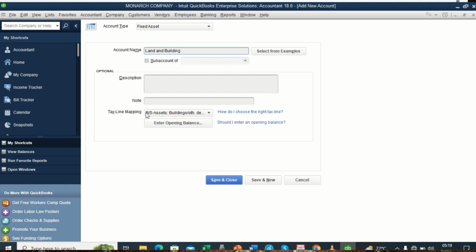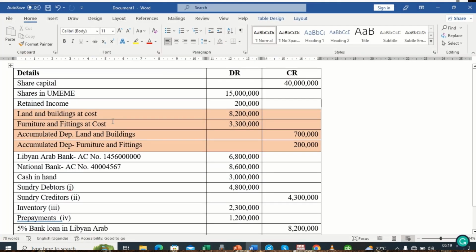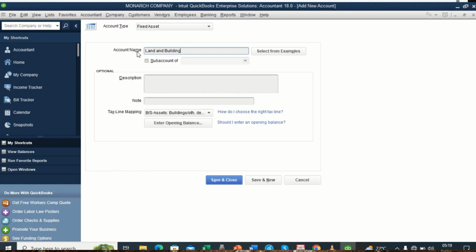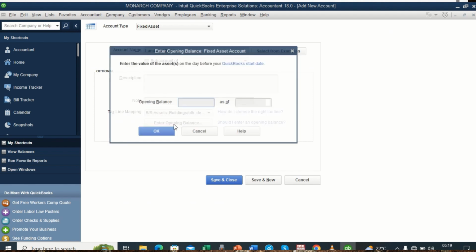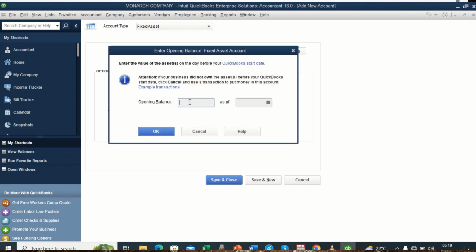And of course, we also have its related balance. We can either enter the balance from here or go to make general journal entries, but we can decide to enter the balance from here, after all, it's an opening balance. So the amount we are entering is 8.2 million into our land and building. So we shall come here under enter opening balance. From here we shall click on enter opening balance, and then we shall enter the balance, which is